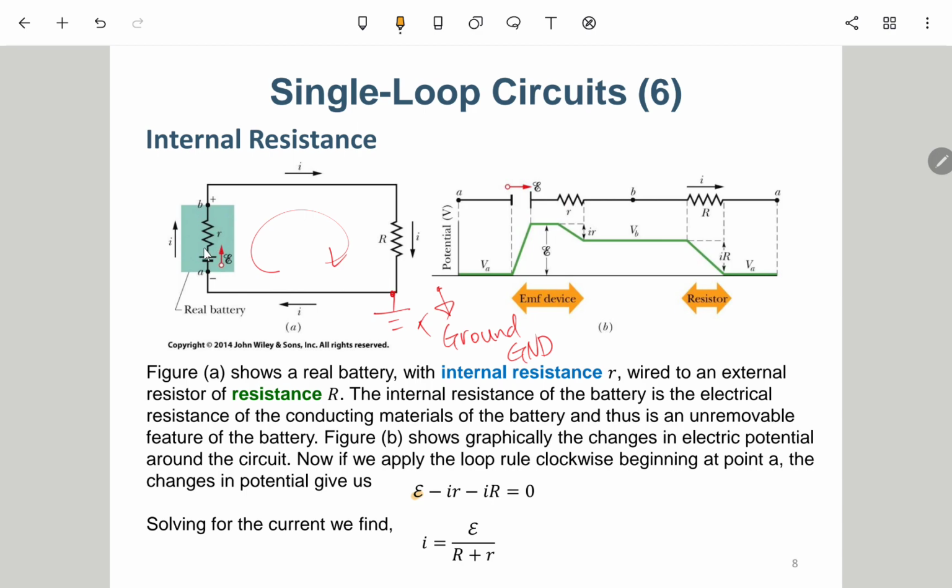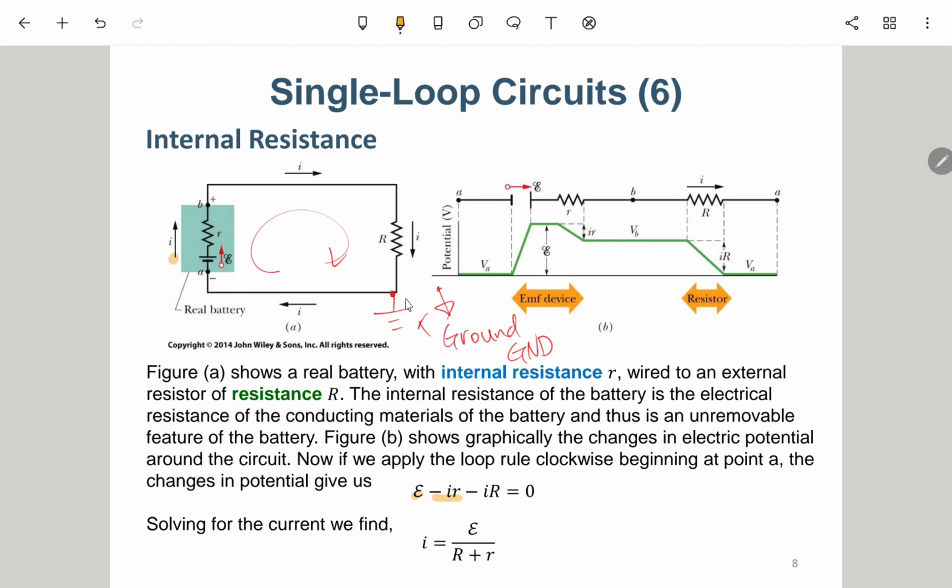Okay, so the direction is from bottom to top. This is high, this is low. So going through it in this direction, we should subtract Ir, and then going to point B, and then further going to this point, and then we should go through this R. Of course this is a resistor, so we should subtract I capital R, and then going to this point,